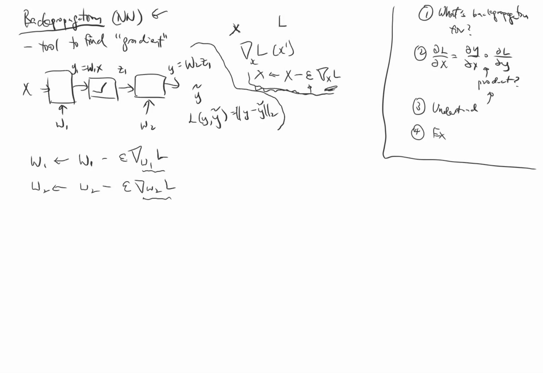But before we go into this, let's again look at what backpropagation helps us to find, this object here. We use a different kind of notation for this. Instead of using this inverted triangle, we'll just write this as partial L, partial W1. And partial L, partial W1 can be written as